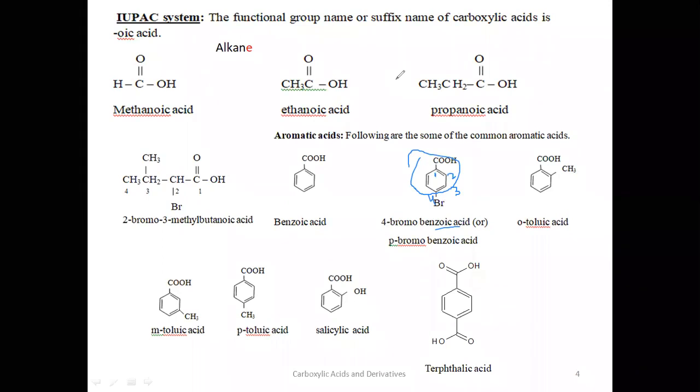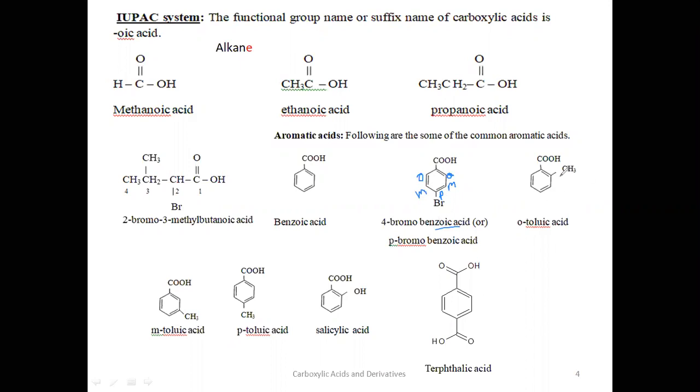Otherwise, there is one more nomenclature that can also be used here, that is ortho and para. So what is ortho and para? Suppose the substituent is there on this carbon. The adjacent positions are known as ortho positions, indicated with a small o. And the next positions to ortho are known as meta positions. And the next position is para, that is opposite to this functional group. Now, at which position is bromine? At para. Therefore, you can write small p, para-bromo-benzoic acid.